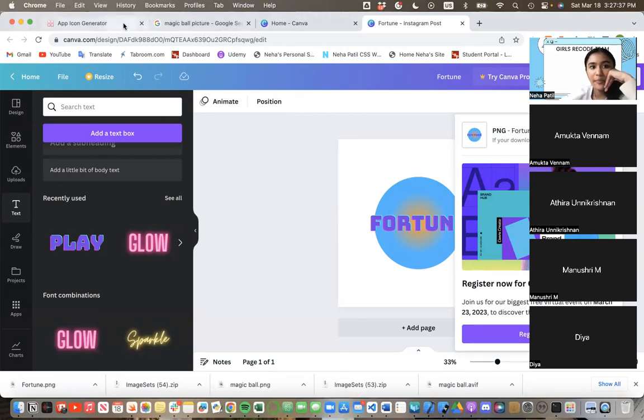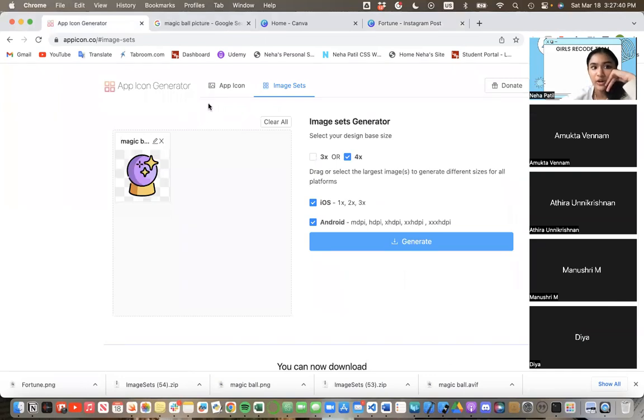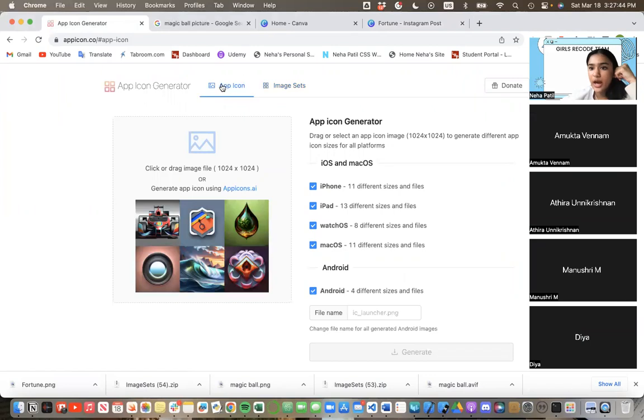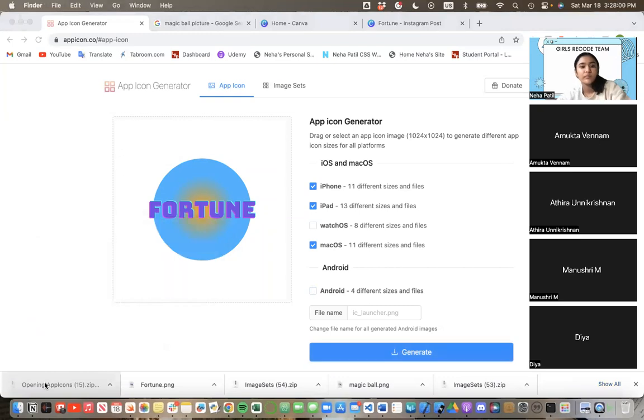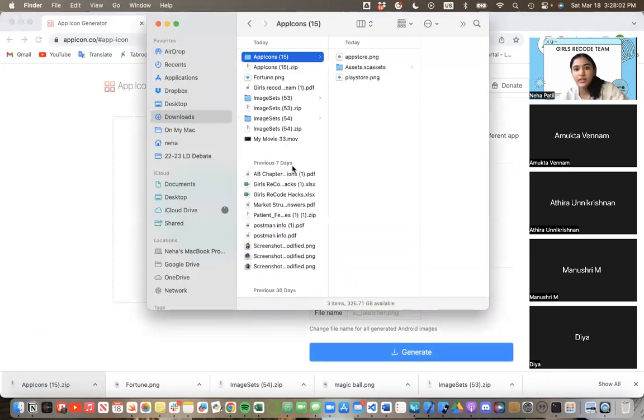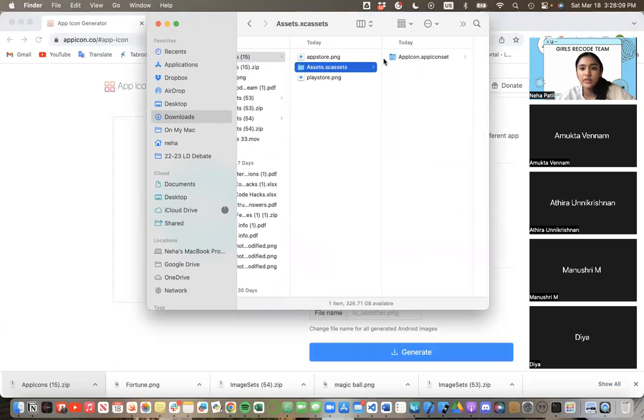And so now I'm going to go back to app icon generator or appicon.co. And now instead of going to image sets, I'm going to click on app icon, and then I'm going to drag what I just downloaded. And I'm just going to unclick Android because there's no need for that. And click generate. So once I've done that, I'm going to click on this